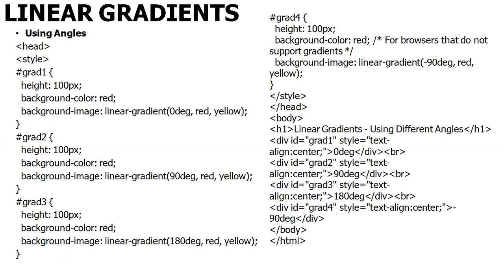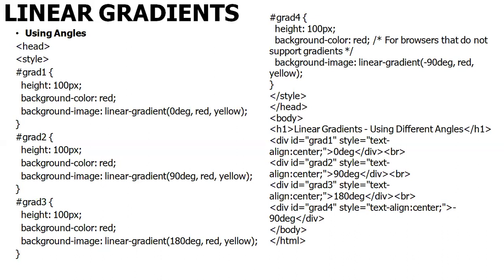The #grad3, height 100 pixel, the background color is red, the background image linear-gradient 180 degree red, comma yellow. #grad4, the height 100 pixel, the background color is red, and background image linear-gradient minus 90 degree, comma red, comma yellow. The style tag should be closed, head tag should be closed, the body tag should be open. H1 linear gradient using different angle, H1 tag should be closed, the div tag grad1, in that the style